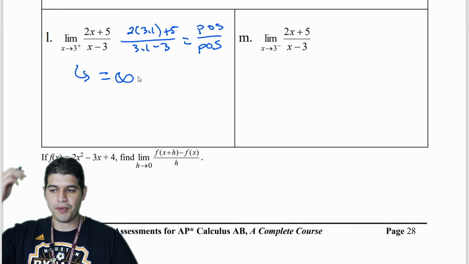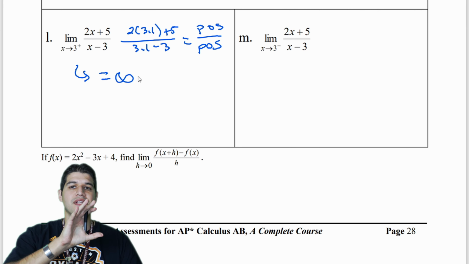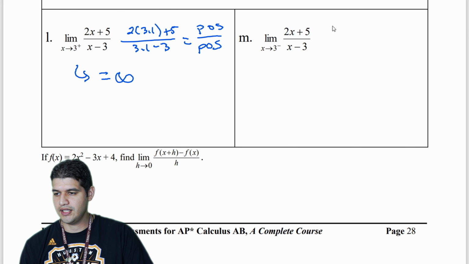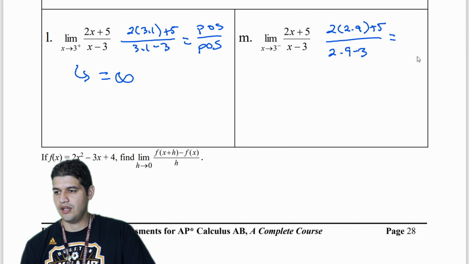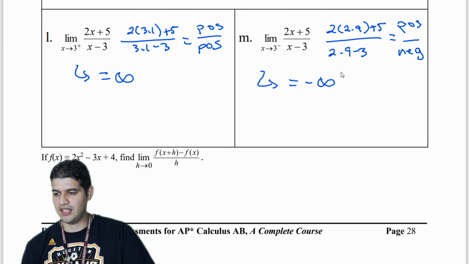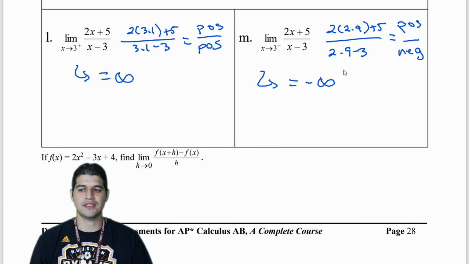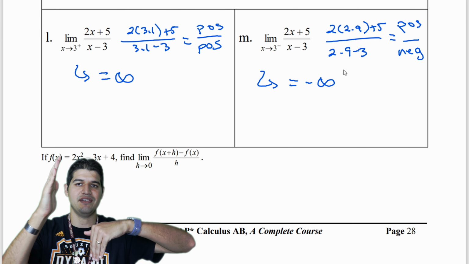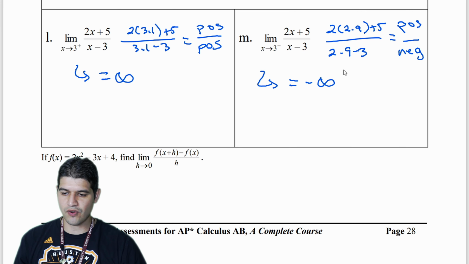Now in this second problem in part M, it's the same function, but we want to look at it from the left side. So a value just to the left of 3, we'll use 2.9. So 2 times 2.9 plus 5 over 2.9 minus 3. I get a positive in my numerator, and in my denominator, I get a negative. So what happens with this? Well, this ends up equaling negative infinity. So at 3, I have a vertical asymptote. From the right side, I'm going up to positive infinity, and from the left side, I'm going down to negative infinity. And for our last problem,